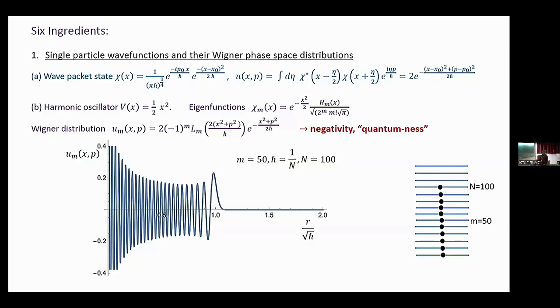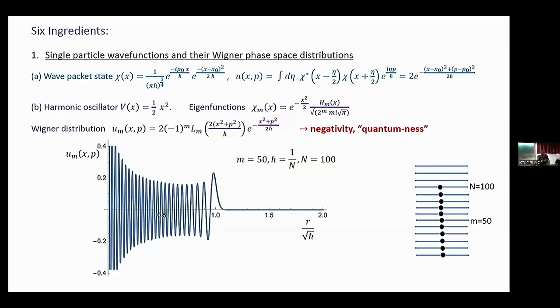So as a result, you can plot them as a function of the square root of x squared plus p squared, like that. And as you can see, it's a very, very highly oscillating function which goes to negative values. This is a standard thing about the Wigner phase space distribution, that people didn't believe that this is any kind of a distribution at all, because it has negative values as a density. In fact, now the negativity of the Wigner distribution is used a lot in the quantum information literature as a measure of quantumness of the wave function.